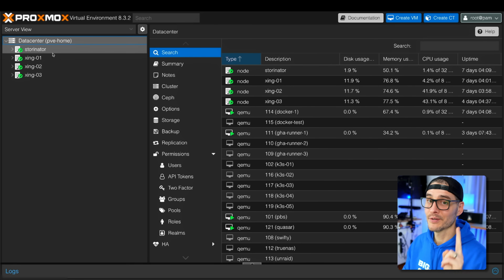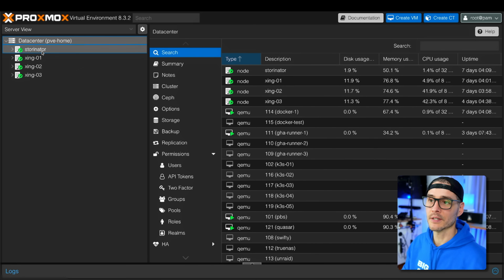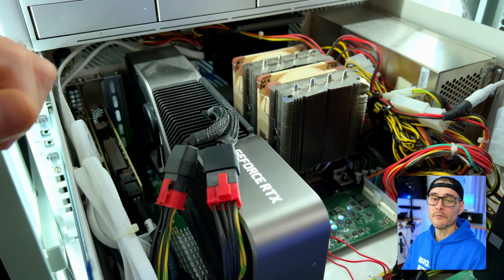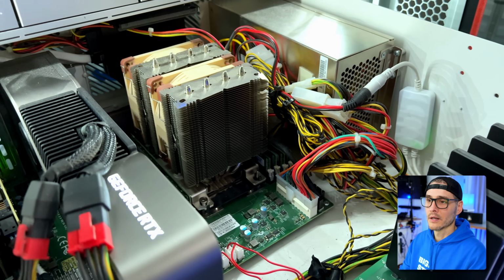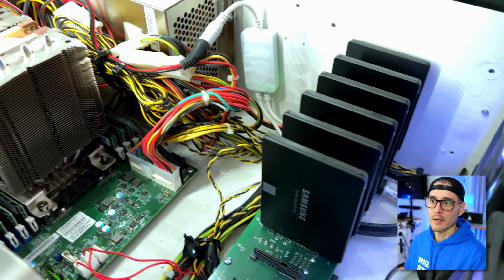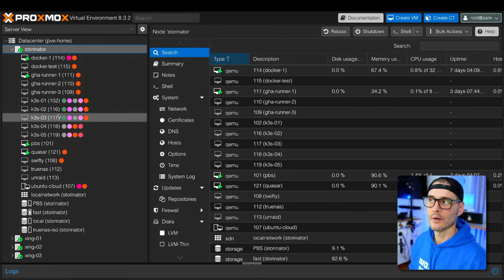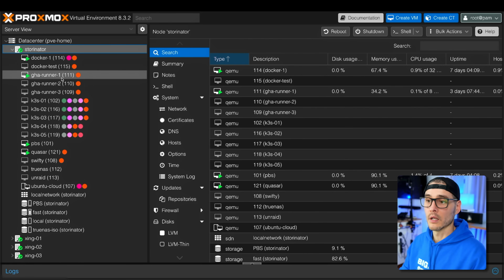Now I actually have 2 Proxmox clusters. I'll show you the second one here in a second. But this is my first cluster. First up, I have Storinator. And for the time being, I converted Storinator to a Proxmox node rather than installing something on it bare metal, because it gives me all of the niceties from Proxmox, like backups and all of that, easy to connect to shares. So I decided that, hey, I'm going to turn that into a Proxmox node, and then I can run all of these virtual machines on here. I think that's going to change. And I'll talk about that a little bit later in the NAS section, if that's any clue.